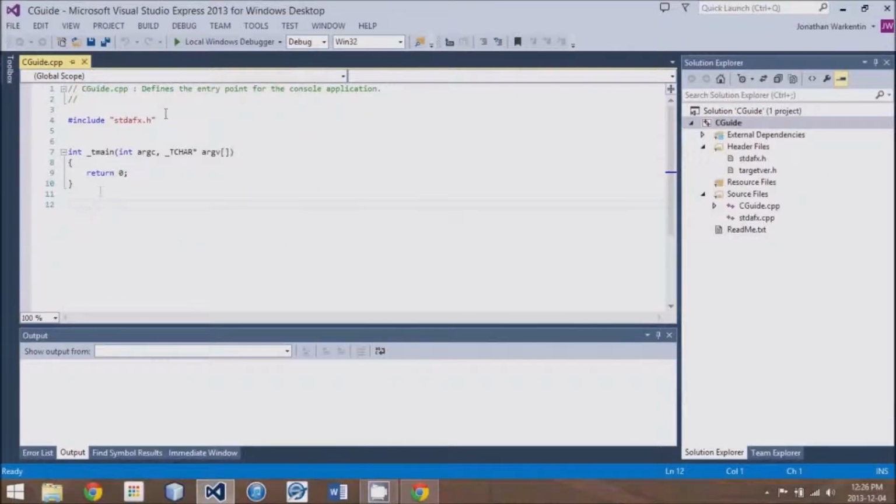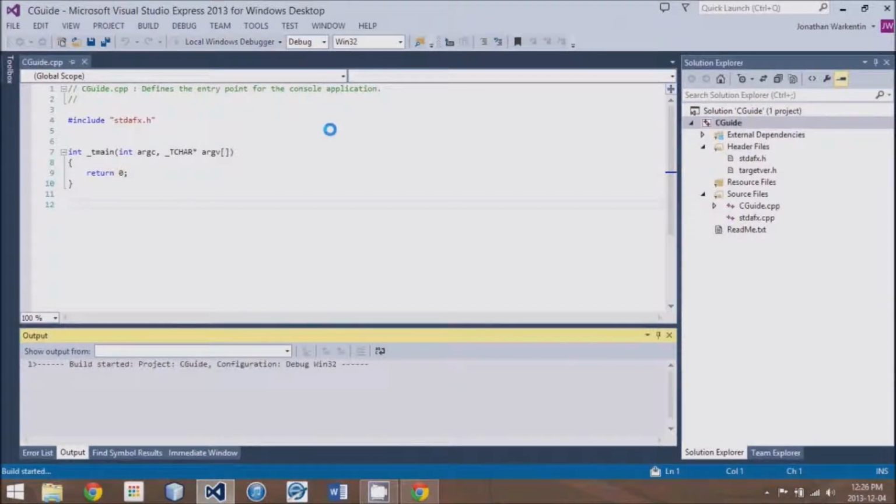For now, we're just going to run it by clicking this big green button here called Local Windows Debugger. Click on that, and we should see a command prompt flash up and then instantly close if everything went well,